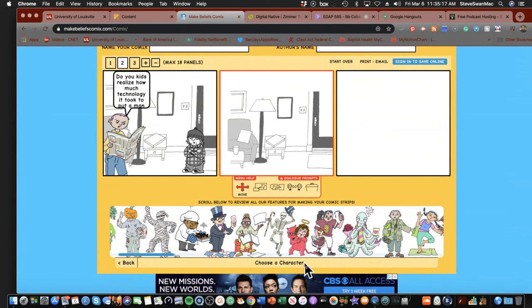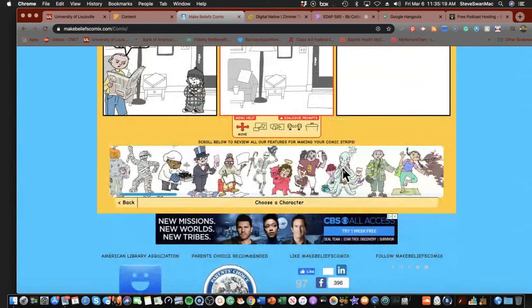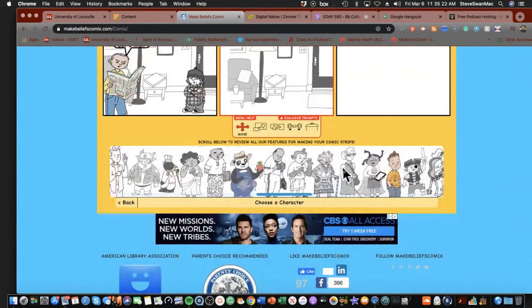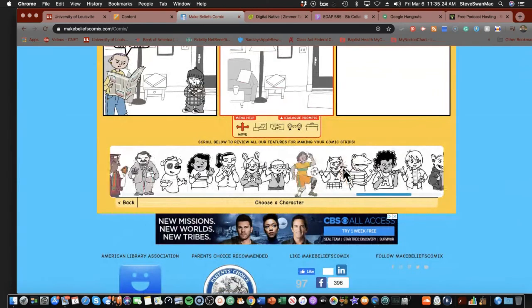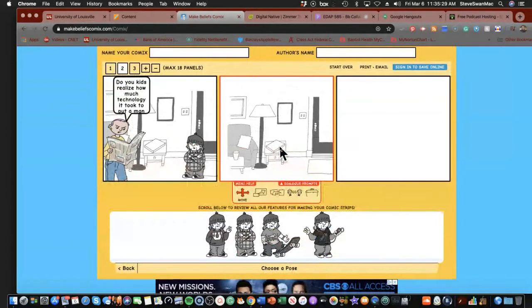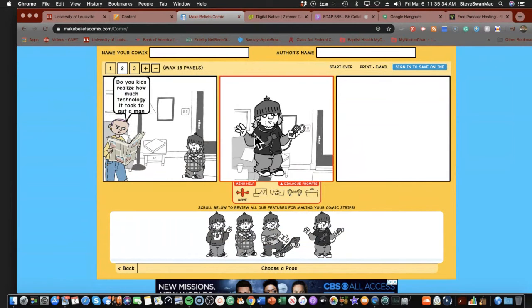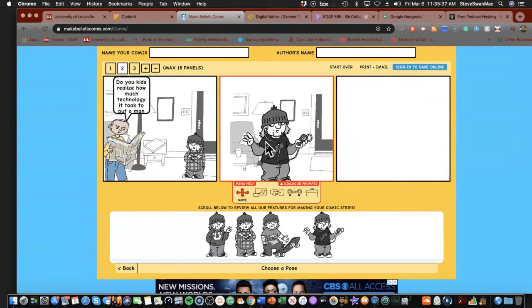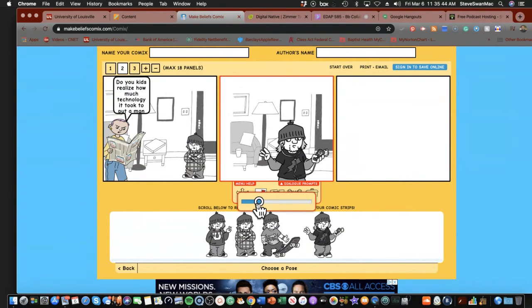And let's see, my little guy again. Here he is. And I'm going to plop him in here. And I might make him a little bit smaller. Just a little bit. Okay. Go back to here.